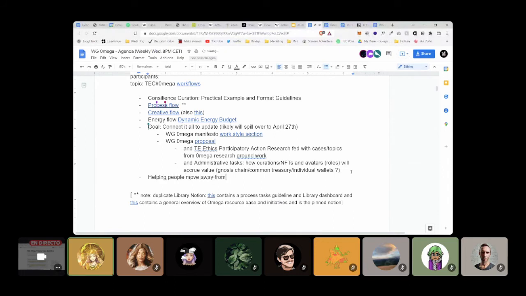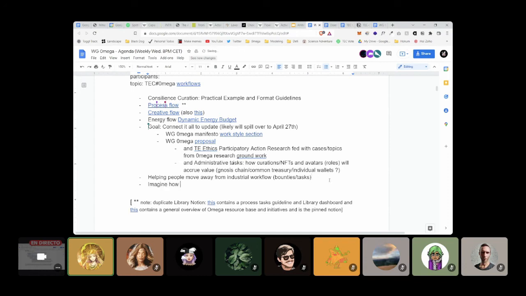Now, today's focus, once we go through this process flow and then add our insights, how we actually put the Token Engineering Consciousness library through the process flow, I would love to invite everyone who has been part of the Omega flight till now, and who have joined recently, and who have been contributing or working in this different working style and what we call the work style research, regenerative work style research. Please imagine how we would go through a working group Omega proposal that captures these research aspects, that as a groundwork of Omega, it applies it to itself,